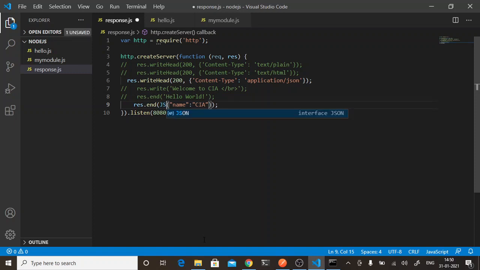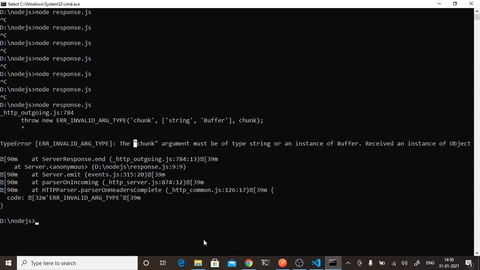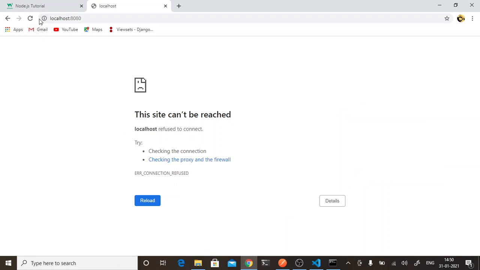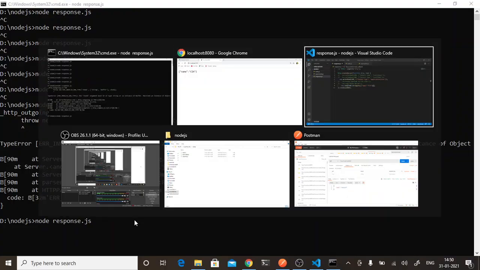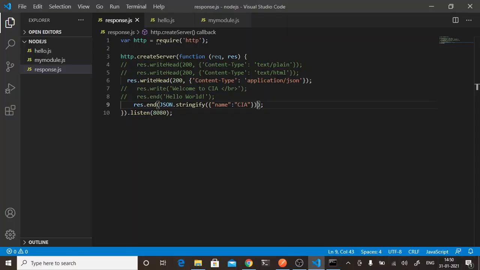We can do so with the predefined function JSON.stringify. Now we should be able to run our response. So see, now this is not an object, this is a string, because we have changed it in our program.